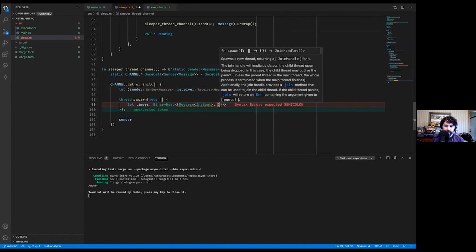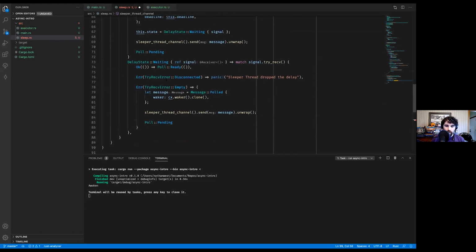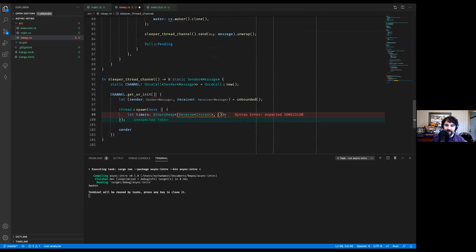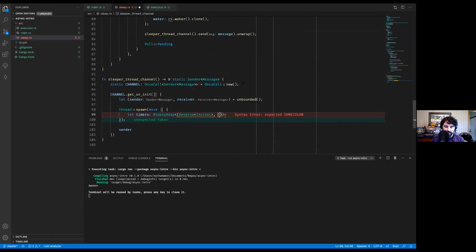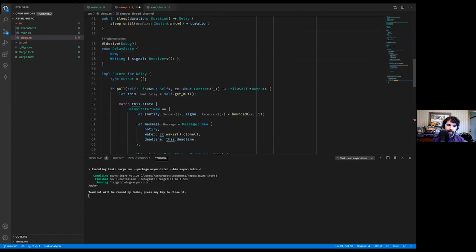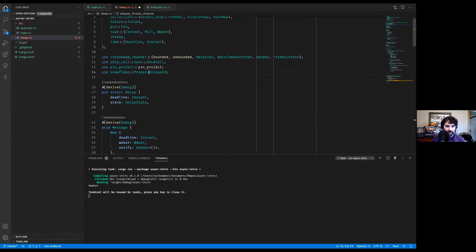We could put the waker here, but the trouble is that if you recall, we might get new wakers, so we need some way to set new wakers in here. And we can't really modify something that's in a binary heap once it's in there, which means that we need some way to identify delays. We are going to use a library called Snowflake for that. Snowflake is a lovely little thing that provides process unique ID. Process unique ID is a